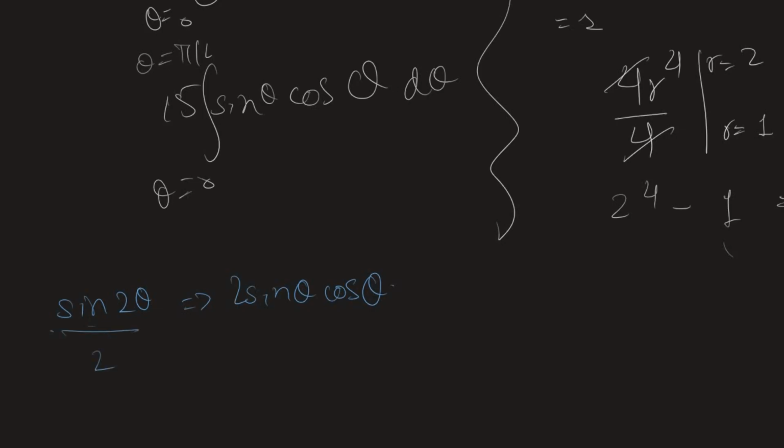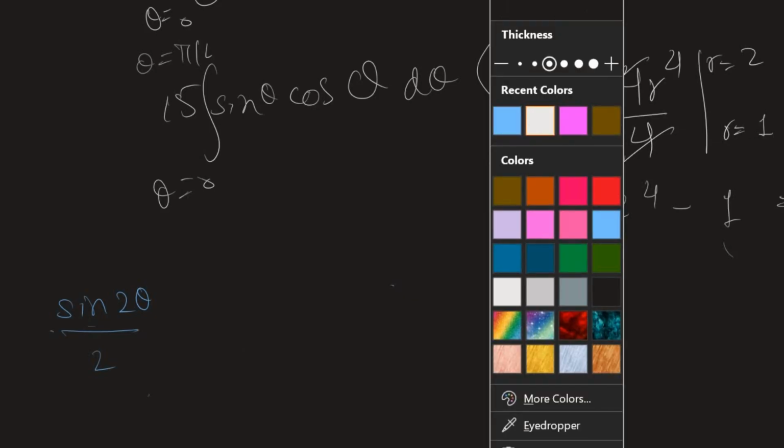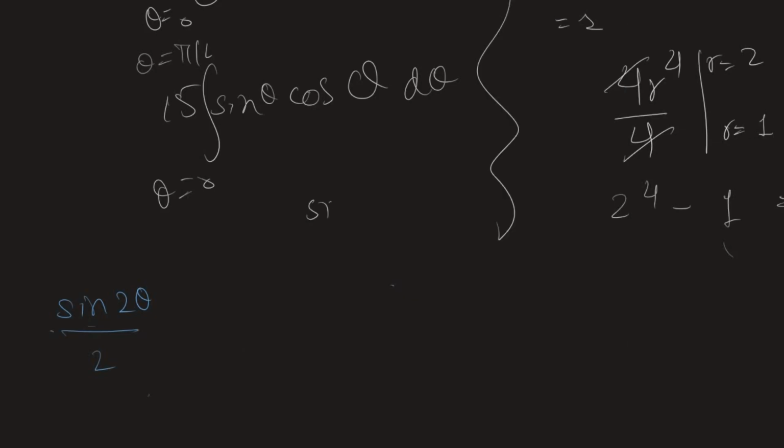Now it has the 2 over here and not here, so it becomes how we want it. So we replace this with this trig identity. Unfortunately you need to memorize this trig identity because it won't be given in the final, because I remember we didn't have this given. So sine 2 theta over 2,